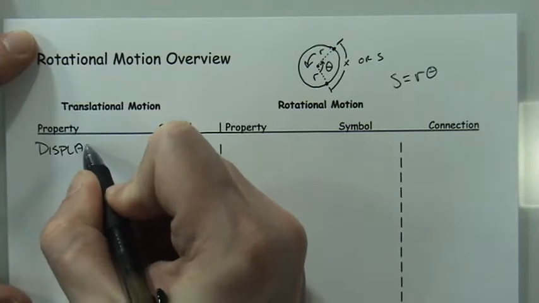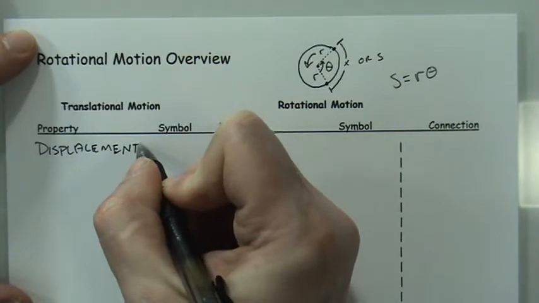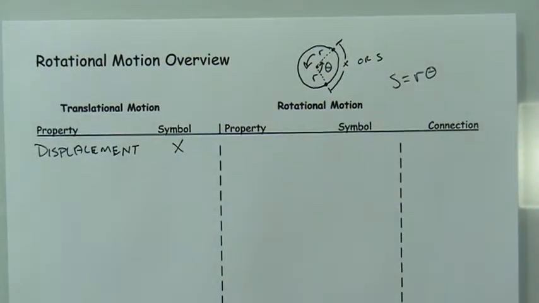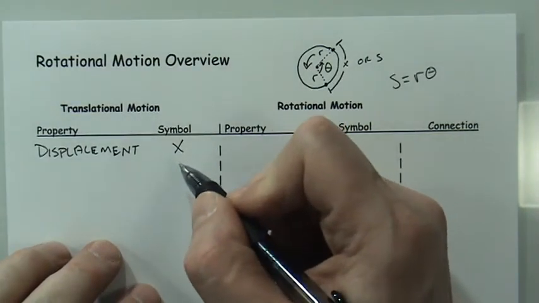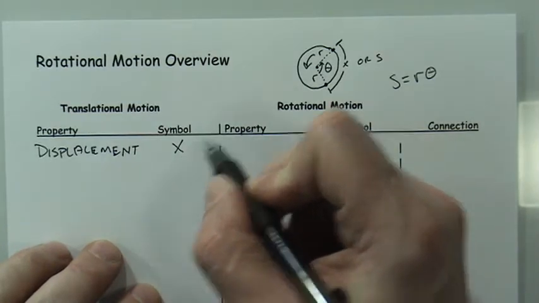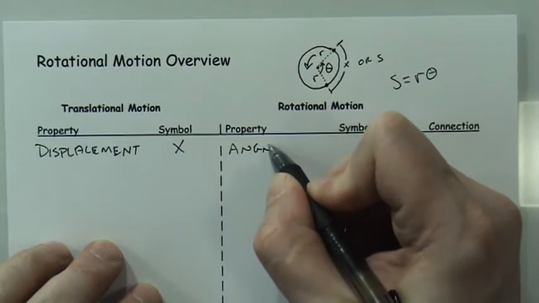The lowest level of motion doesn't even require you to have motion. I mean, you have a displacement all the time, but if you change that displacement, then you do get some kind of motion, and that typically would be represented by x or by delta x. The equivalent property in rotational motion is not a distance in meters, but an angle that was swept through. So that is the most important